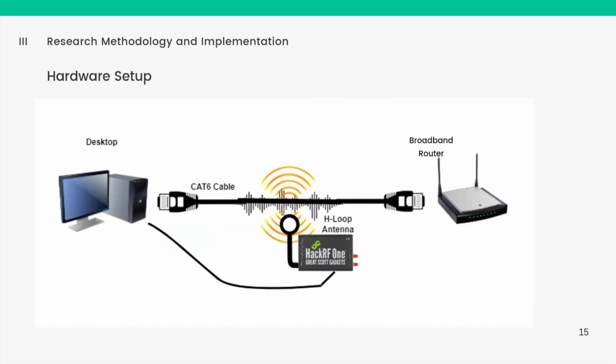And we send an attack through this cable and capture the radiation using a HackRF One SDR device with an H-loop antenna in touch with the cable. For ease of automation, we use the same attacking device to record the traces as well. Of course, you can use another device as well.